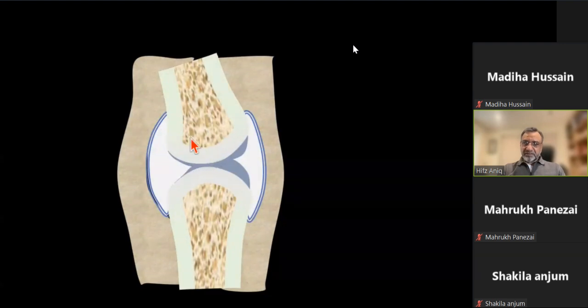You can see that the joint is not normal, not working normally, and because of uneven functioning of the joint, the synovium is trapped, inflamed,